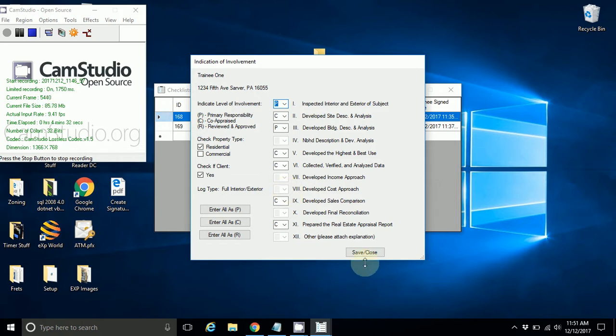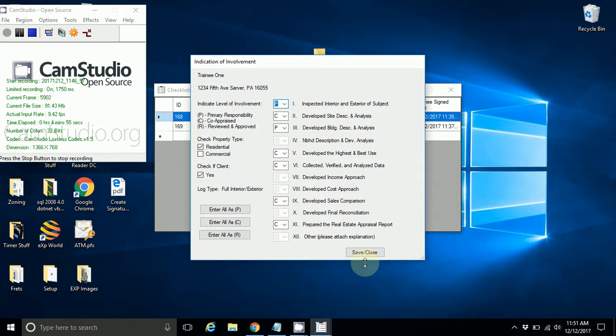The way we've done this creates consistency within the log forms on the flow of work, based off of the checklist to the level of involvement. So it keeps it nice and uniform for the state. There's not going to be any type of, well, on this report you had a check mark on the experience log, and